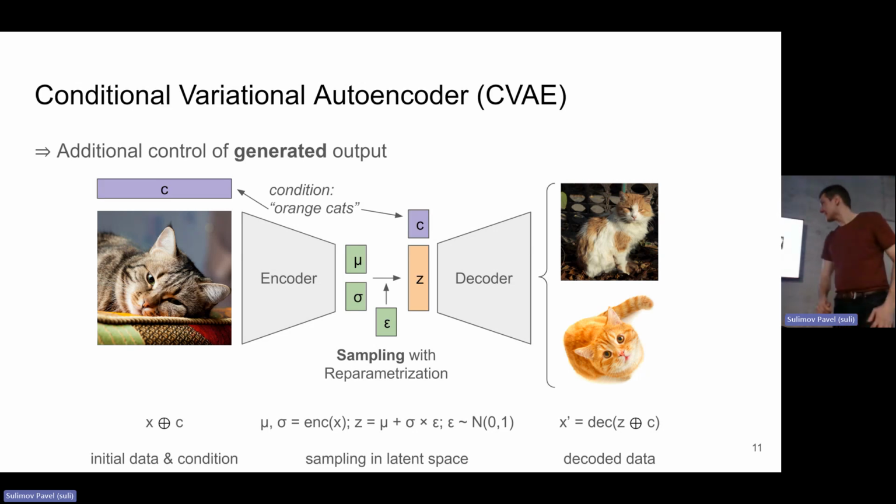This one is just to let you know that, in fact, you can make these generations so-called conditional ones. It means that you do not simply sample from this circle where cats live, but you also give some additional condition, let's say making a shrinkage of this area. You're saying, I want only orange cats. So you're just cutting a subspace of this space, and there we know that only orange cats live.